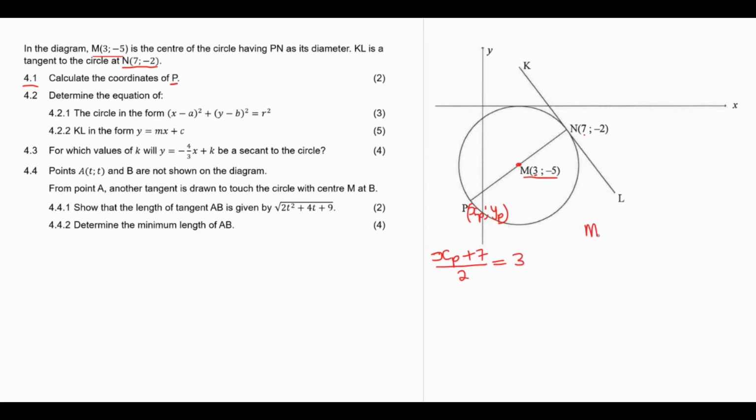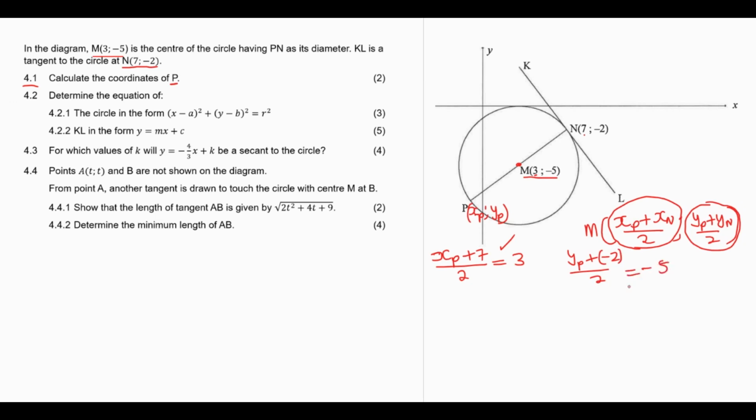Remember, the midpoint formula is: x will be x at P plus x at N divided by 2, and then the y coordinate will be y at P plus y at N divided by 2. So this whole thing is equal to 3, and then this whole thing is equal to -5. Okay, so we've set up the x coordinate one. Let's do the y. So y at P plus y at N, which is -2, divided by 2,